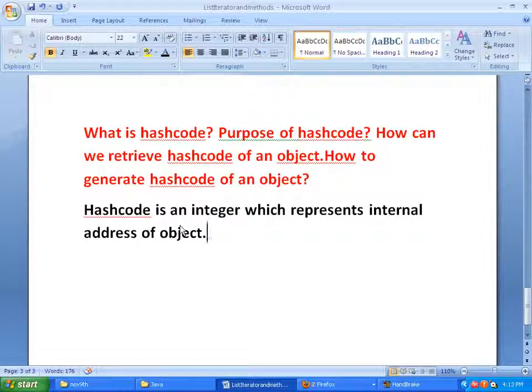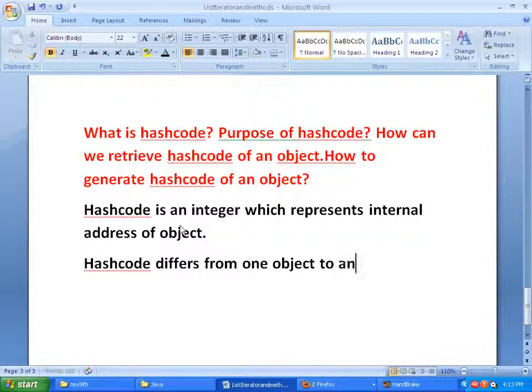As hash code represents internal address of object, hash code differs from one object to another object.